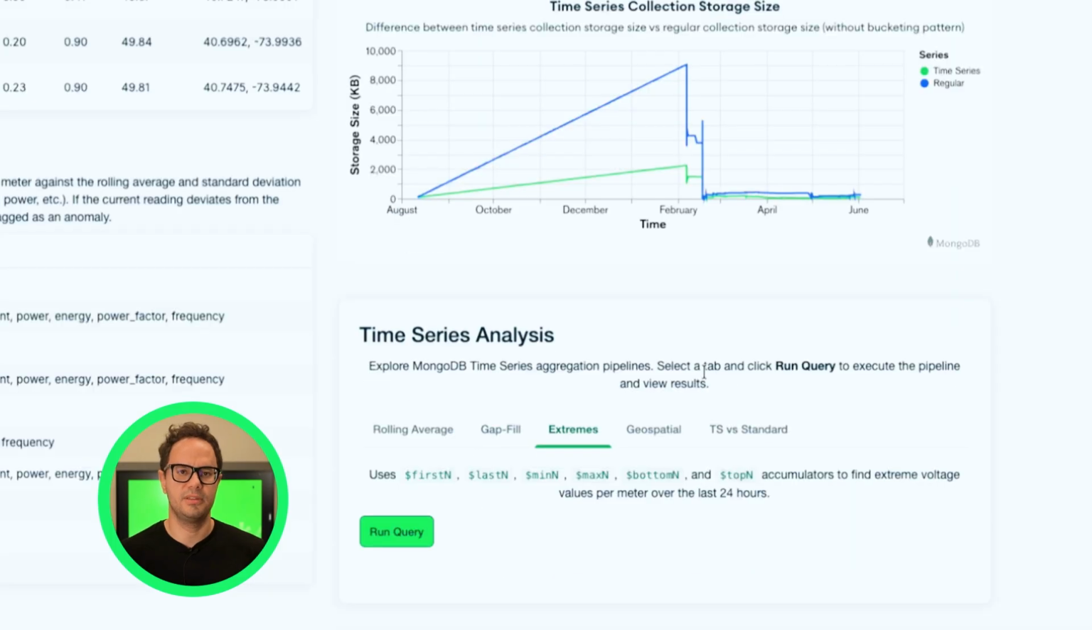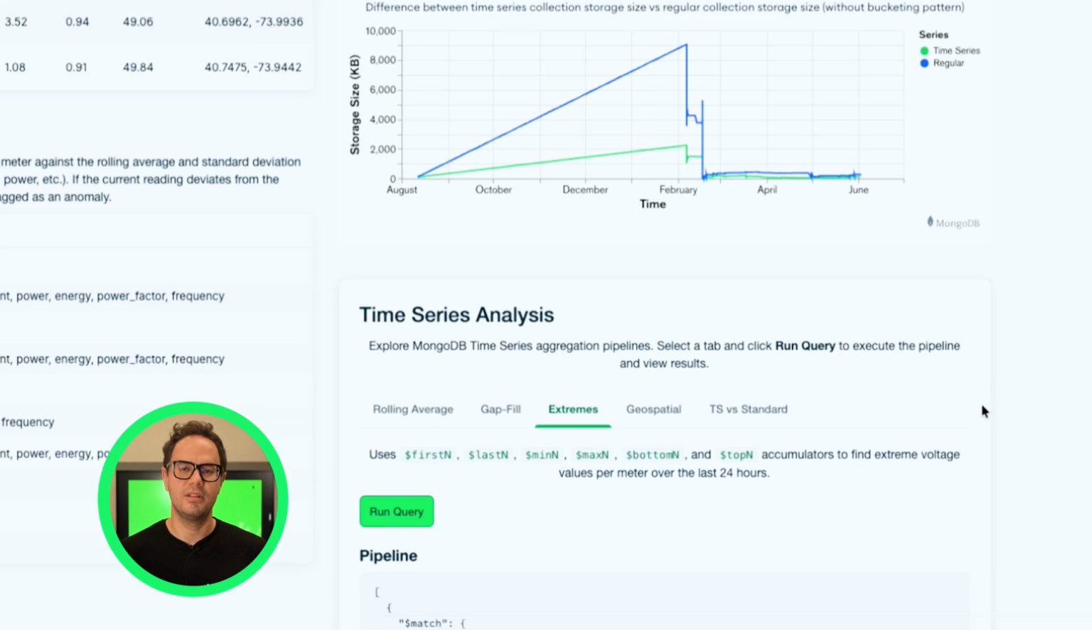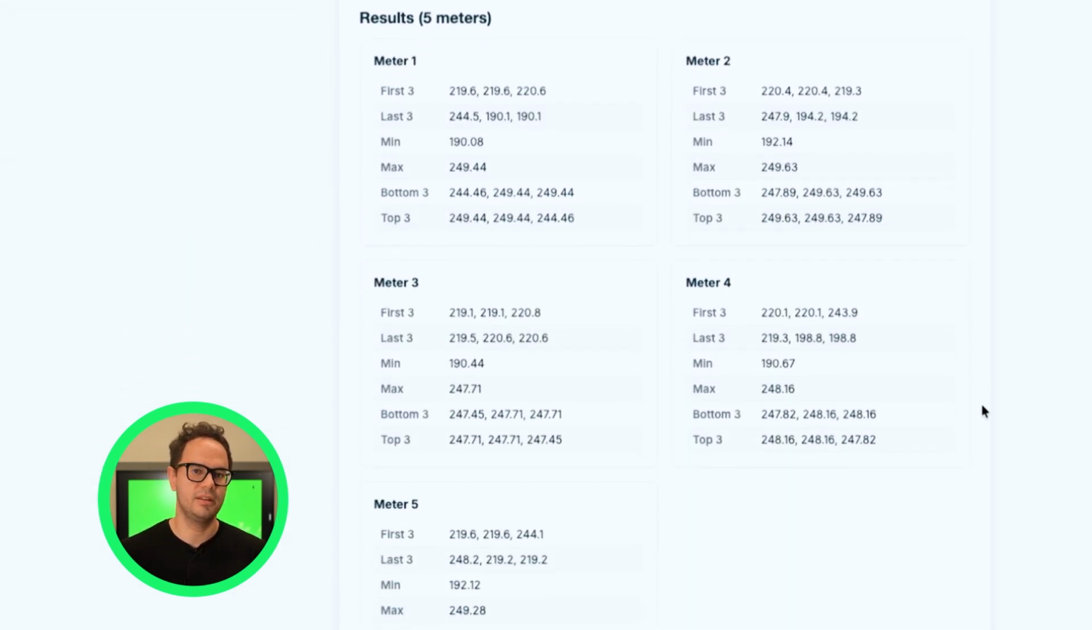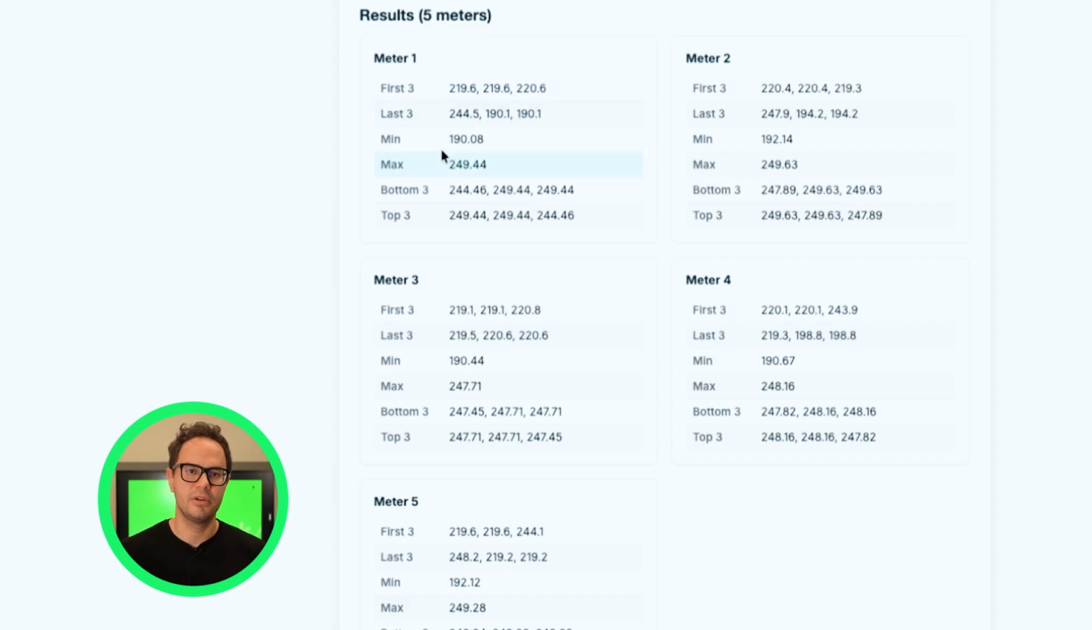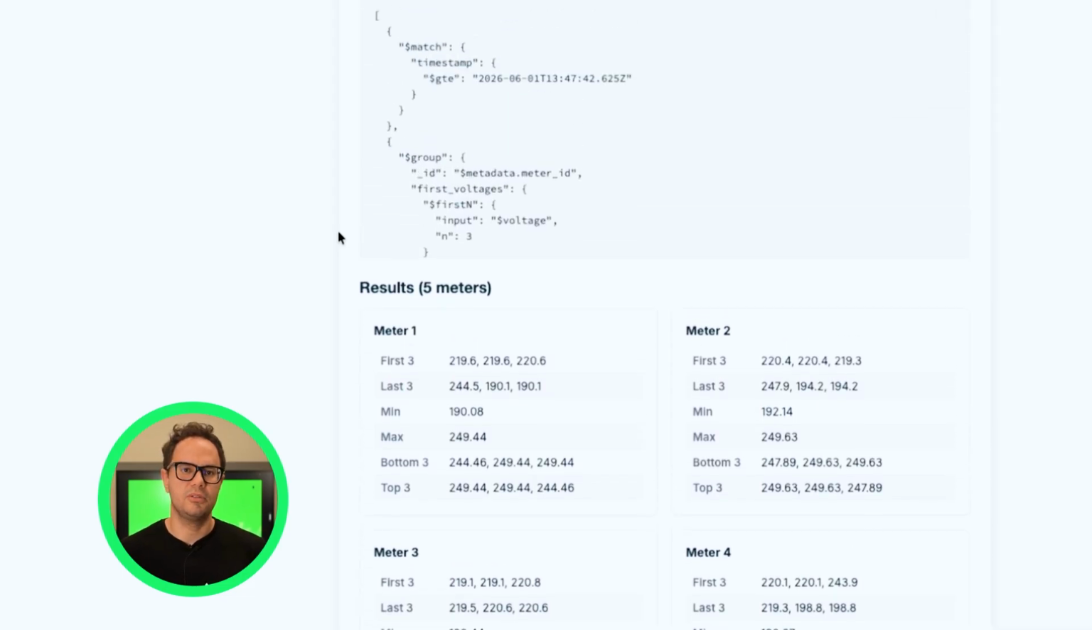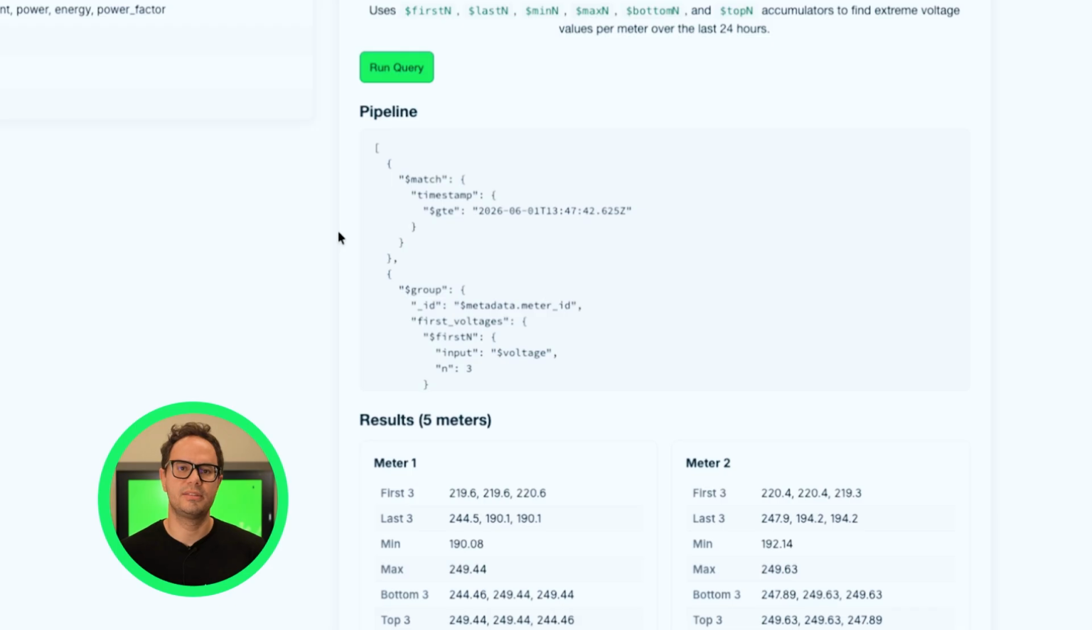Third one is extremes detection. This pipeline uses the N accumulators, $firstN, $lastN, $minN, $maxN, $bottomN, and $topN in a single aggregation per meter. Over the last 24 hours, we get the first and last readings of the window, the highest and lowest voltage values, and the top and bottom readings ranked by any field we want. That's a complete extremes profile for every meter in one pass. Wire that into your alerting layer and you have grid stability monitoring running on the same collection that's ingesting